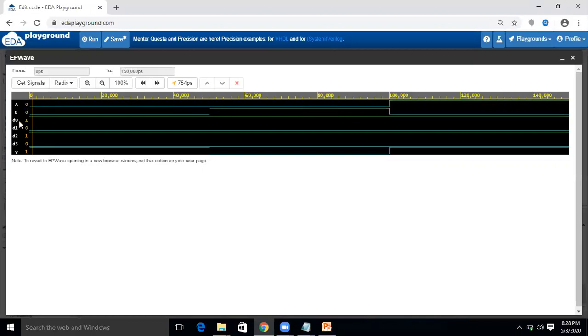So whatever value is present at D0 will appear at the output when the select line values are 0 0. So here the D0 value is 1, so the output is 1.